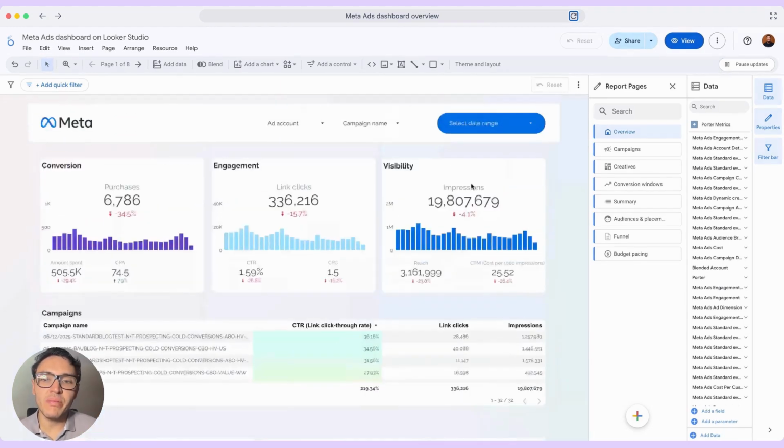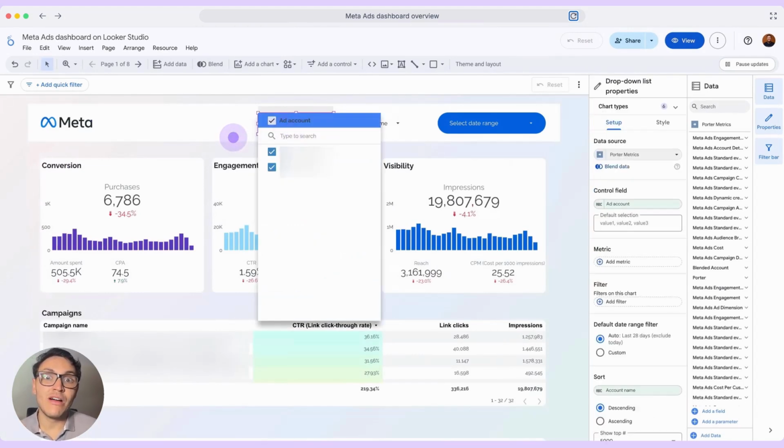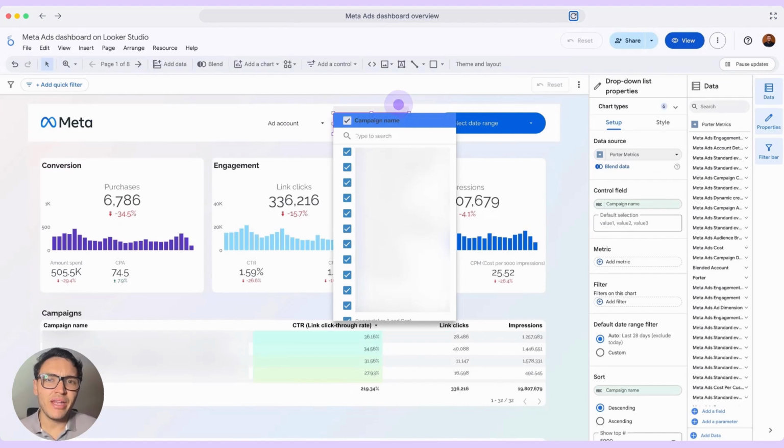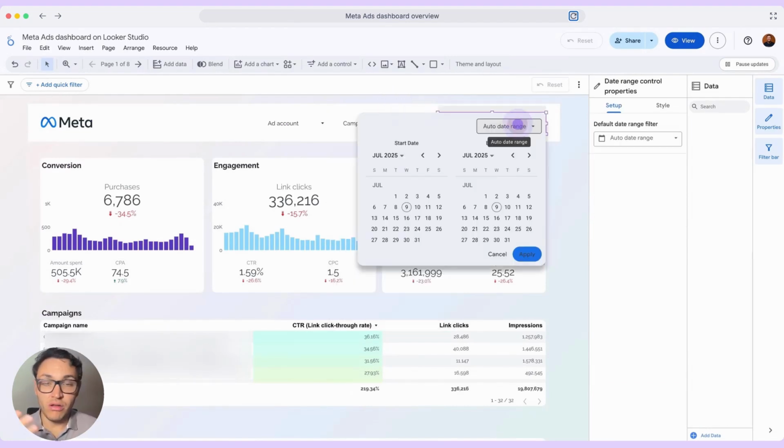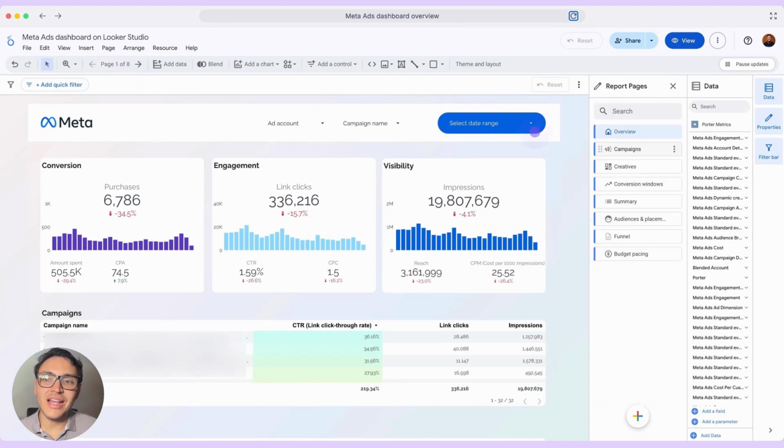Now, if I scroll up again, I will show you that you can actually filter your data by ad account, by campaign, and however you want. You can use these filters on Google Looker Studio. Even remember, we can change the date range so we can visualize this year, last month, today, and so on. Looker Studio is dynamic with the date ranges that you want to select. Now, this is an example here, this month, and if I go to the next pages, I will show you